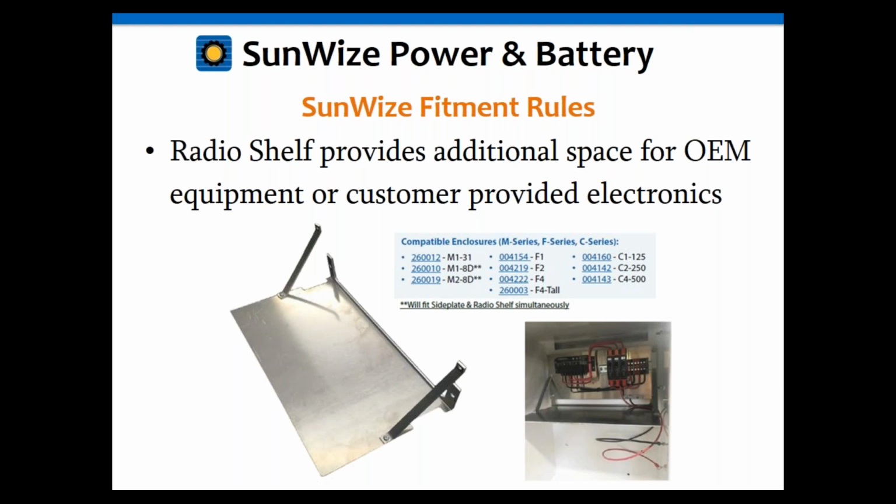You'll note that there is a note there on the M18D and the M28D. Those are the only enclosures that will fit the radio shelf and the side plate simultaneously. So what that means is that if you have an application where you need to use an I/O accessory panel, or you're using a side plate for a custom application, you can purchase those side plates with the drill hole patterns already completed as standalone aluminum backplate products. Then you'll need to either choose the radio shelf or the side plate unless you're using those two M series